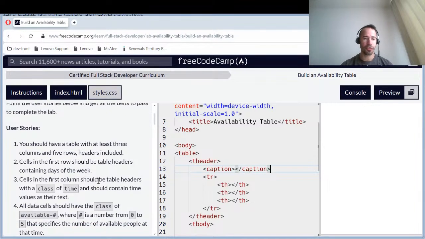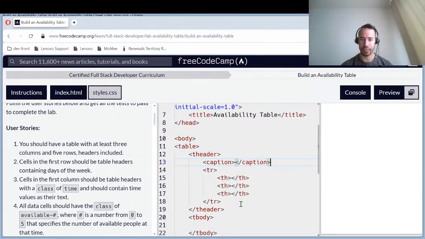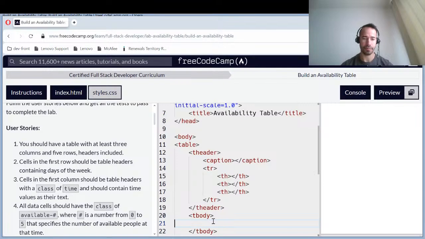Cells in your first row should be table headers containing days of the week. 3 columns and 5 rows. Okay. Cells in your first column. Okay, this is the body. TR. TR. TR. And this row we're going to have